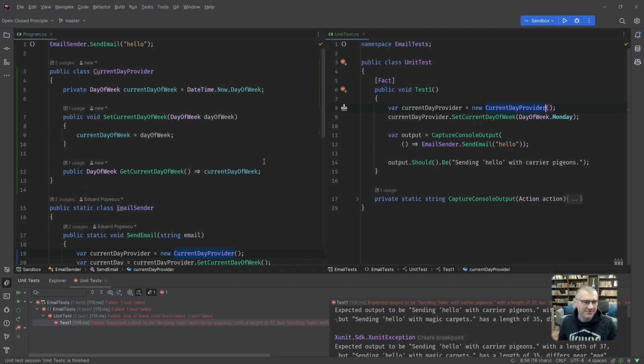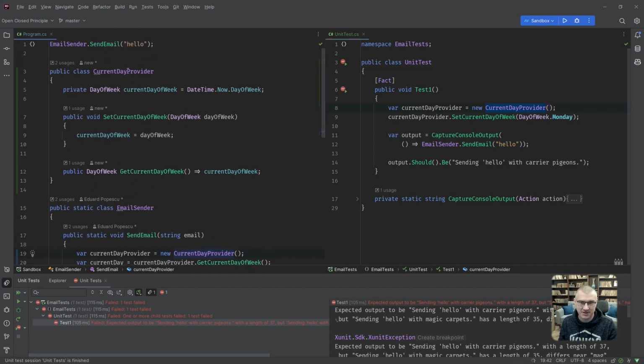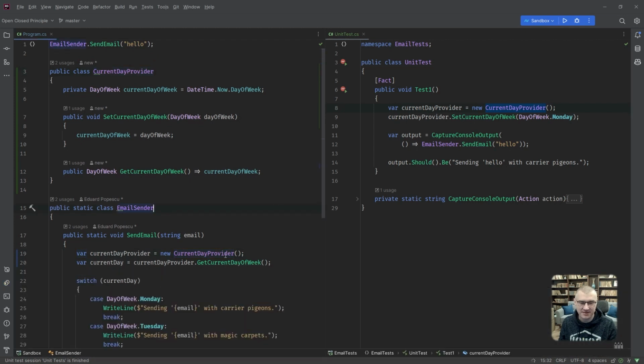So, here's what happened. This guy is making a new instance of current day provider. No one's setting the current date for this guy. The test does it, but the code doesn't. And maybe I shouldn't have done that yet.